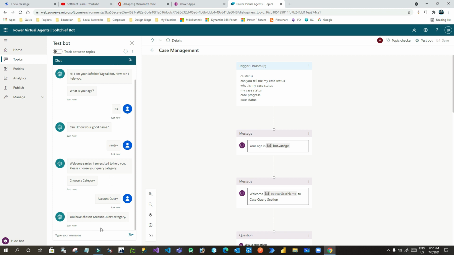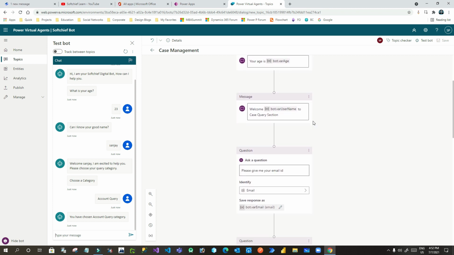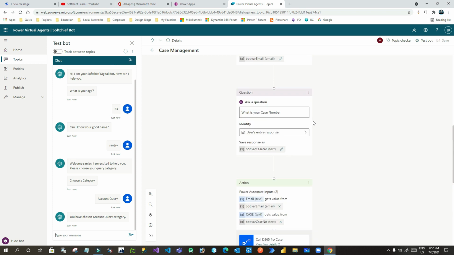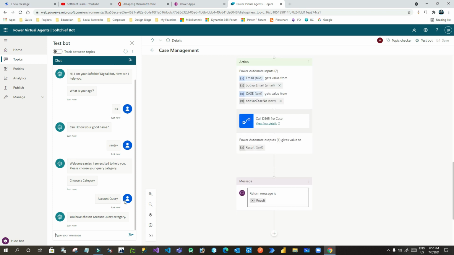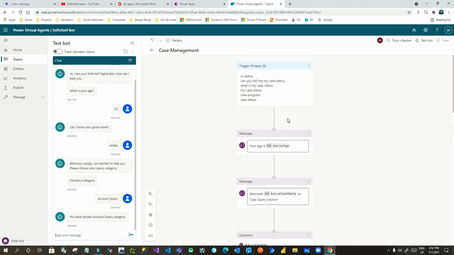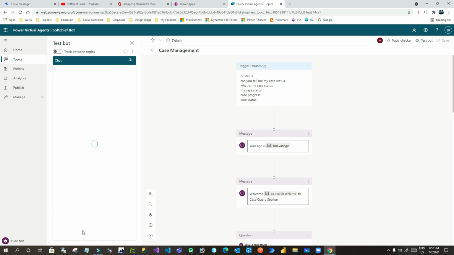When you select this account query, the case management topic will trigger. Sorry, I have written something here so that if you choose only the case query, it will navigate to case management. So let me refresh again.